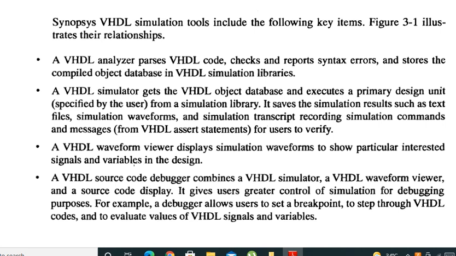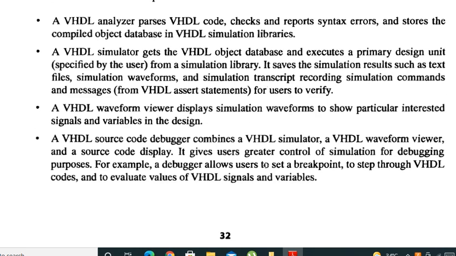After doing all this, we generally want to view the waveform. So there is a VHDL waveform viewer display, which displays the signals and variables in the design. You can see the output and input variables in this waveform window.